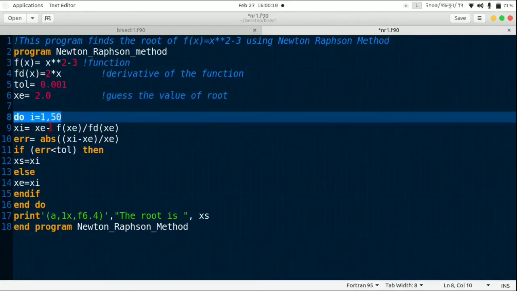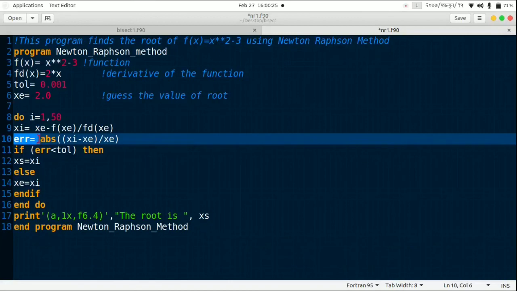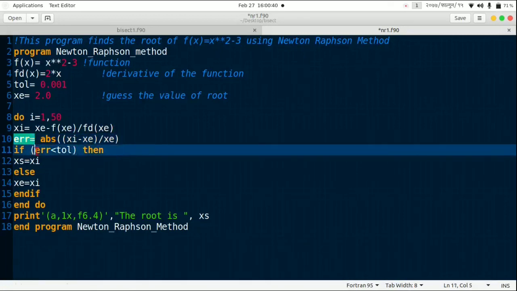This is our iteration formula. Then error occurring in this formula is the absolute value of iterated value minus guessed value by guessed value. Then if this error is less than our tolerance, then